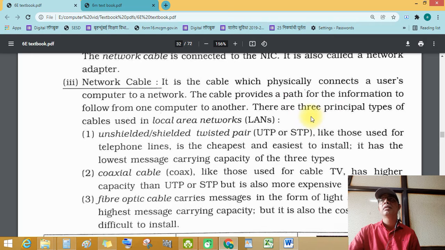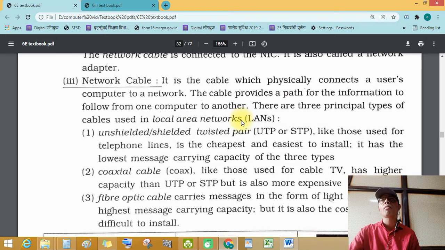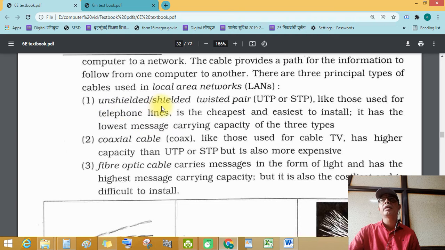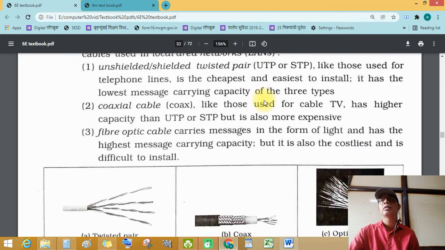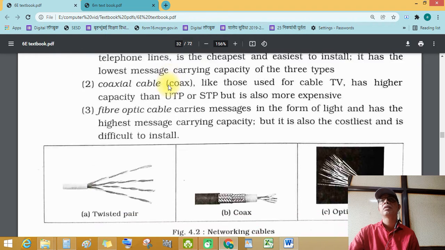There are three principal types of cable used in local area networks. Unshielded or shielded twisted pair, UTP or STP, like those used for telephone lines.